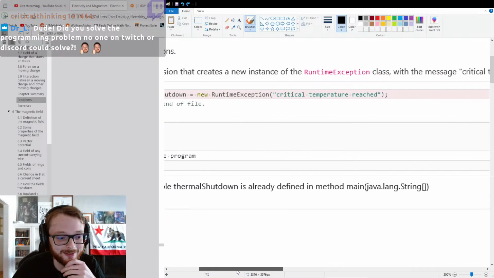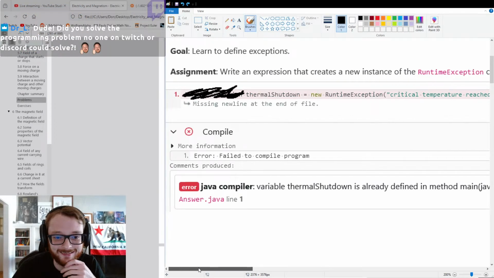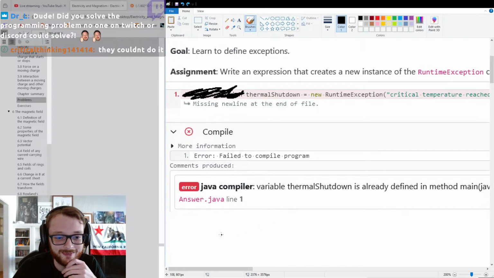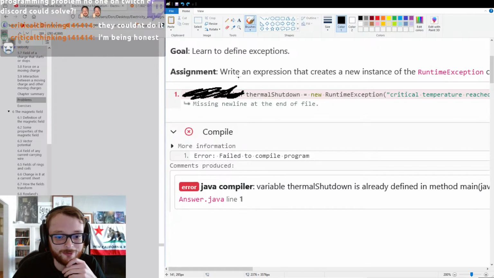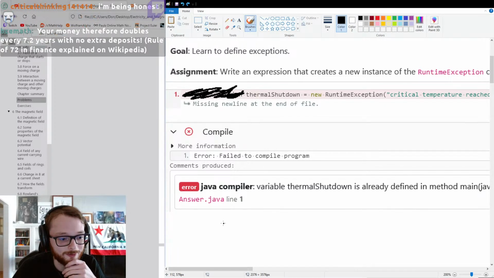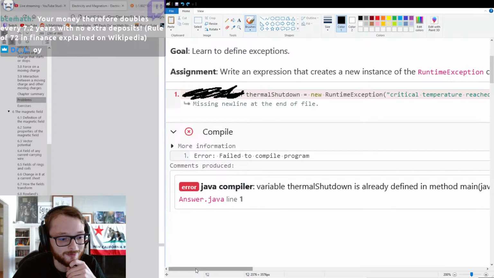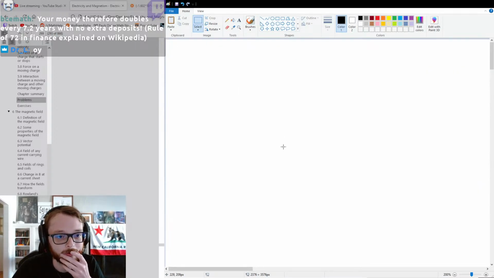Apparently I did, but like, did you give them this exact screen? If you gave them these two screenshots, I would be shocked if no one could do that. Just the first screenshot, yeah, I don't think people can do that because the way you have to do these assignments is kind of stupid. But if you gave them the error message too,